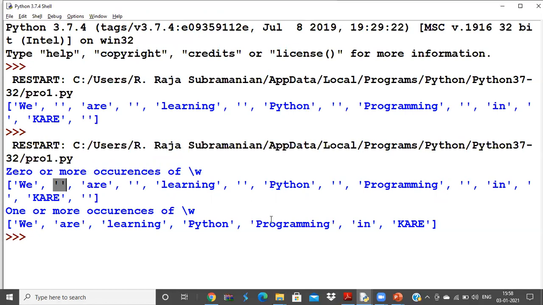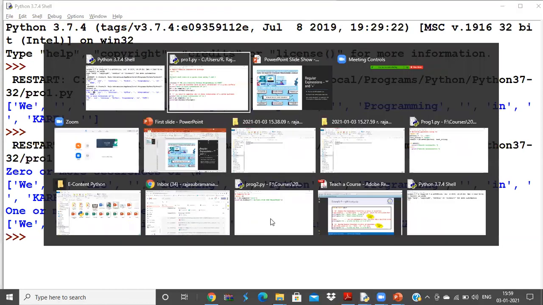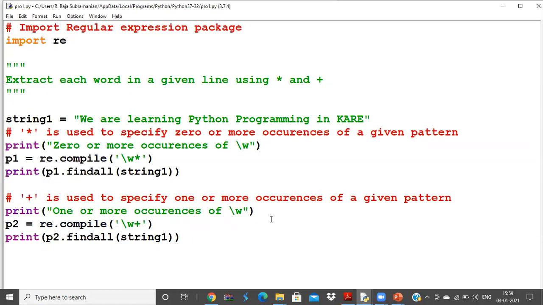So this is a very clear explanation of how star and plus behave with respect to escape sequences in regular expressions. When you want to combine these regular expressions together and form a very big formula, star and plus play a very big role. Without them, you cannot build a very big formula. These things will help you a lot. Hope you have understood the star and plus concept very clearly with respect to \w. Similarly, you can use it for \d, \s, and so on. Thank you.